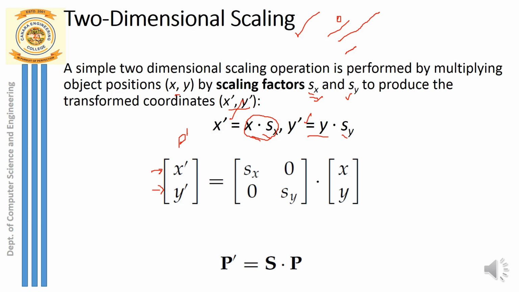I'll write it as a separate scaling matrix. So how do I write the scaling matrix? I write it in the form of a 2 cross 2 matrix. So what is the 2 cross 2 matrix? You can see the first row indicates the x coordinate and y coordinate. The second row again indicates the x coordinate and y coordinate. So what is the x coordinate for the scaling factor? You can see here the scaling factor for the x coordinate is given by sx. So the component of the x coordinate is given by sx, which is our x component.